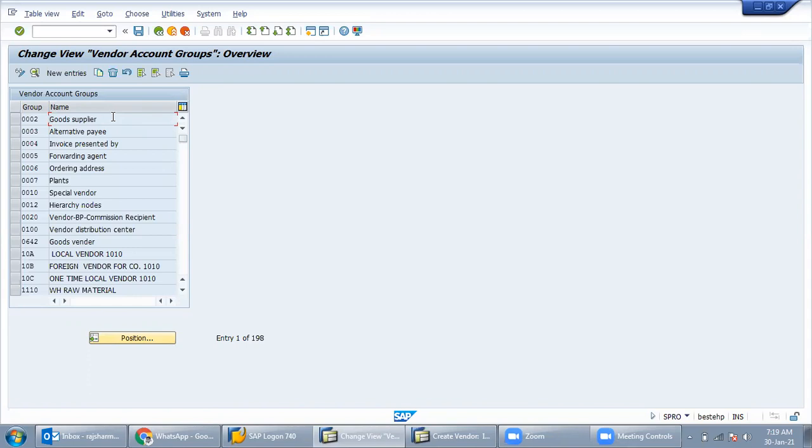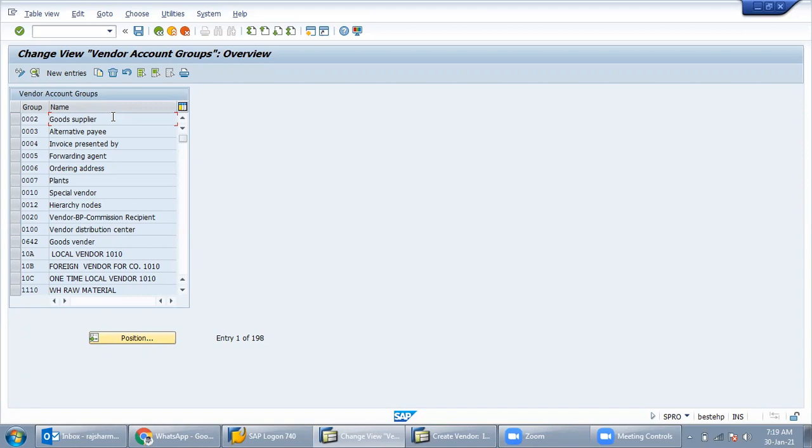Suppose we are an employee in a company, so we are also a vendor, because we are taking money from the company, and the company is taking goods and services from us. So anybody from whom our company buys goods and services is a vendor.